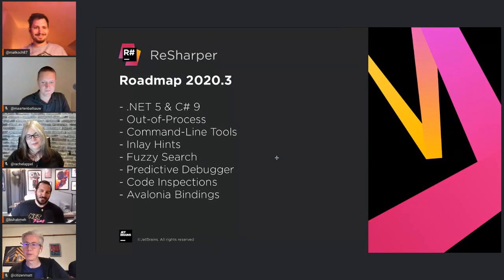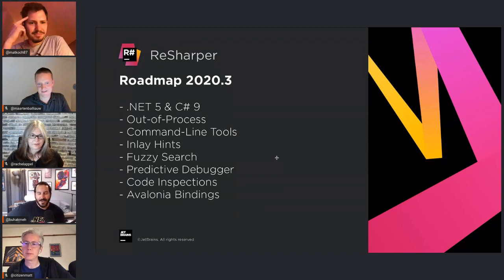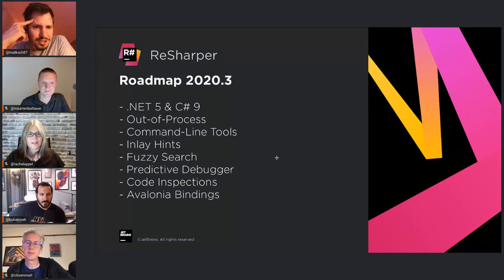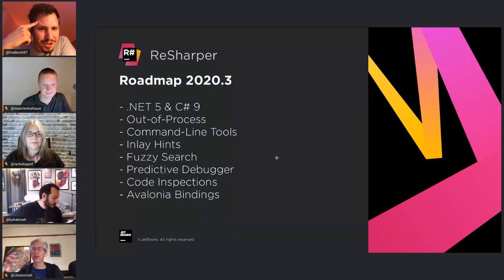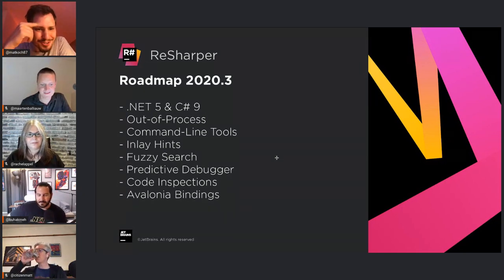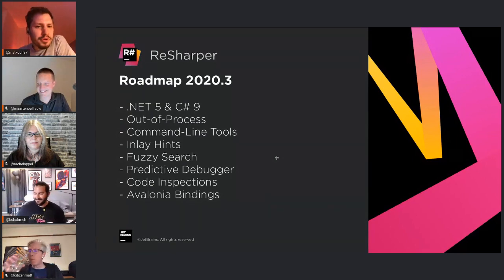So can you actually see the slide? Yes, we see it. Okay, so ReSharper is my part, actually. So let me go with ReSharper. We didn't talk about who goes first. So ReSharper will be